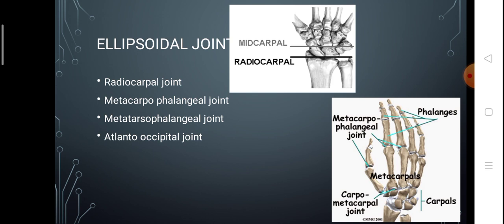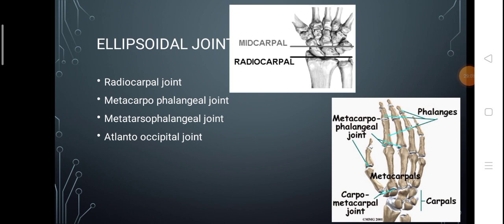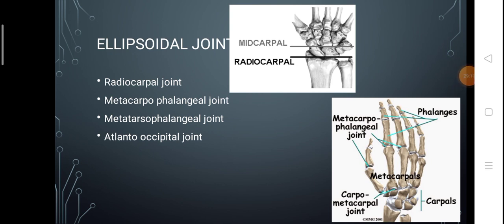As you can see there, the superior surface of the carpal bones is convex in nature and the inferior surface of the radius is concave. Fine. So in the case of the ellipsoid joint, the convex part of one bone fits into the concave part of the other bone. Together it forms an elliptical shape. That's why it is called an ellipsoidal joint. So you have got examples like the radiocarpal joint, metacarpophalangeal joint, metatarsophalangeal joint